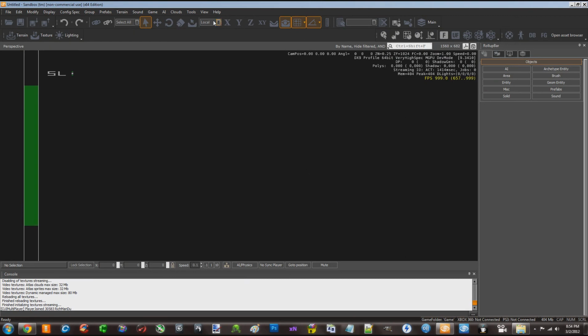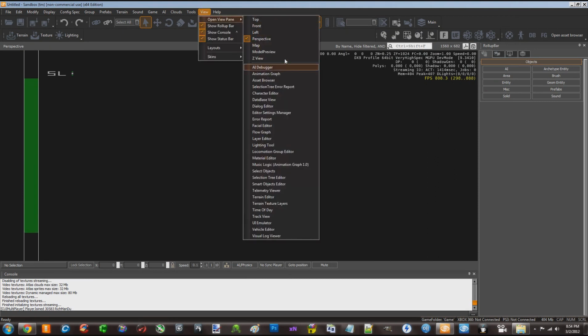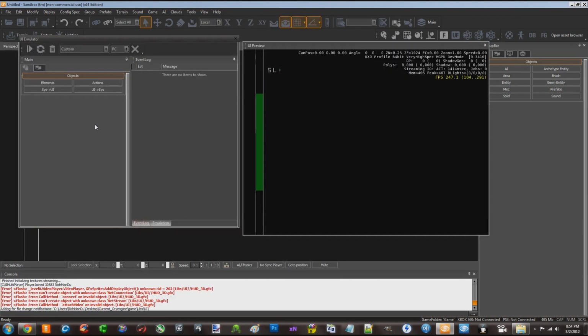First thing we do, go to View. You don't even have to open up a level. Just go to View, open View pane. Down at the bottom, UI emulator. Once this is opened, you see UI emulator, and then you have a window previewing what your UI looks like. And then this up here, custom,